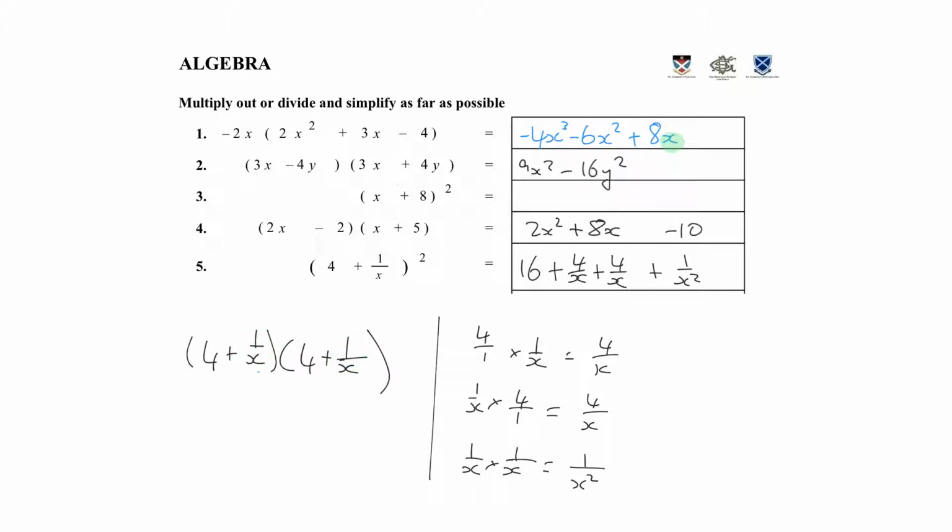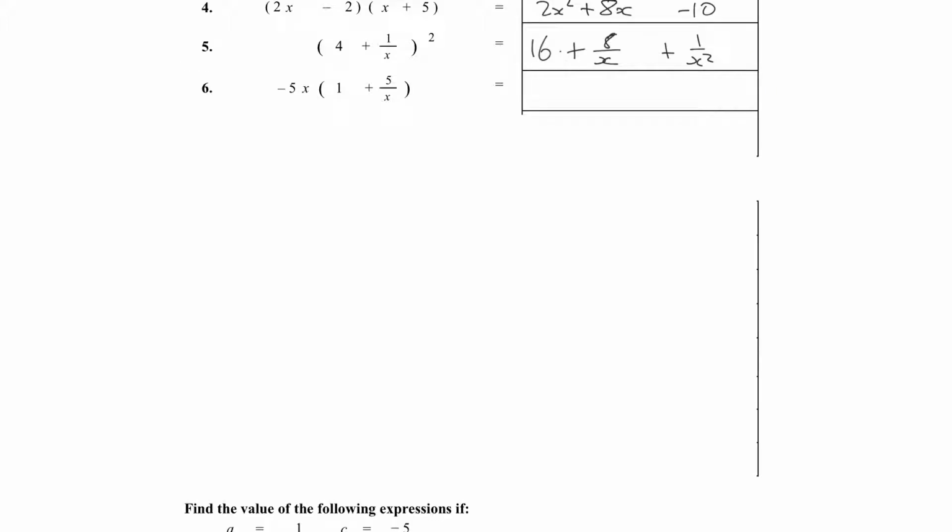Now, these middle terms, again, are like terms. Middle terms, I mean 4 over x and 4 over x. So we've got the same denominator, so we can just add our numerators together and say, quite simply, we've got 8 over x. Moving on to question 6, we just need to distribute our minus 5x times by each one